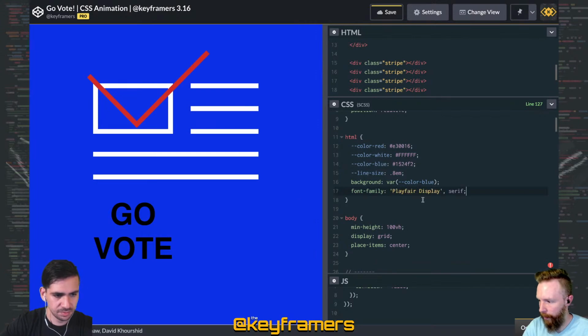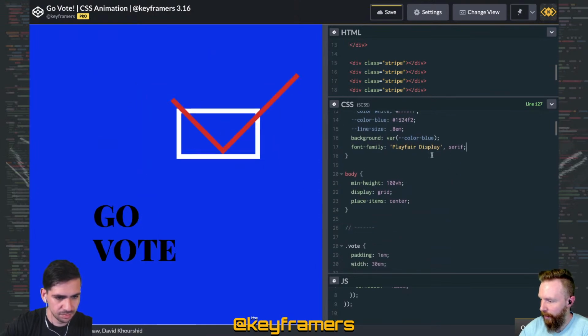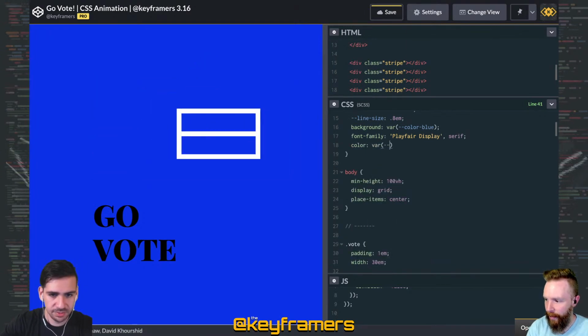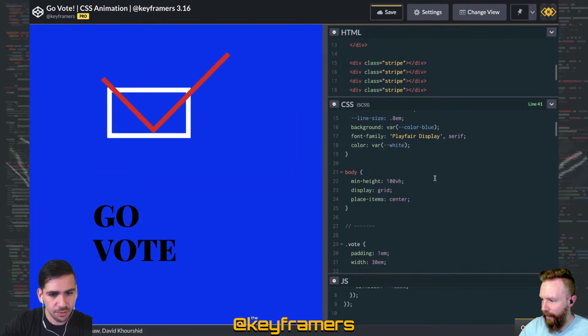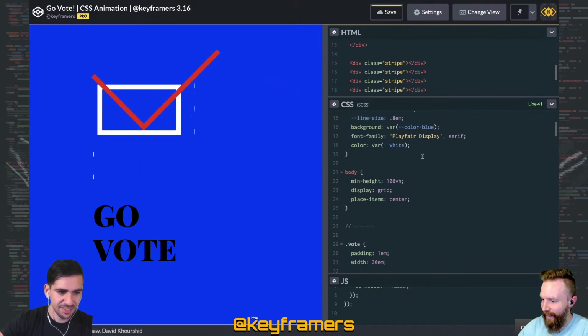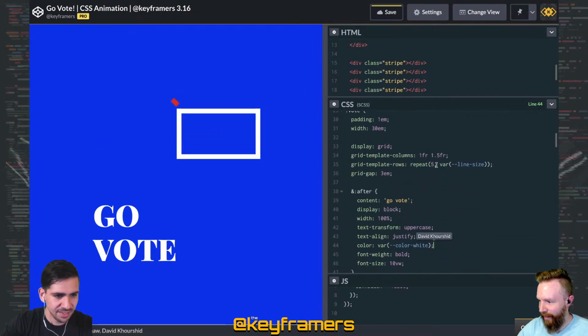Just pull this Google font in. Here, where did you add it in? Vote after. Although for early voting, it should be vote before. But it's too late for that, so, you know. Yeah, so we'll do